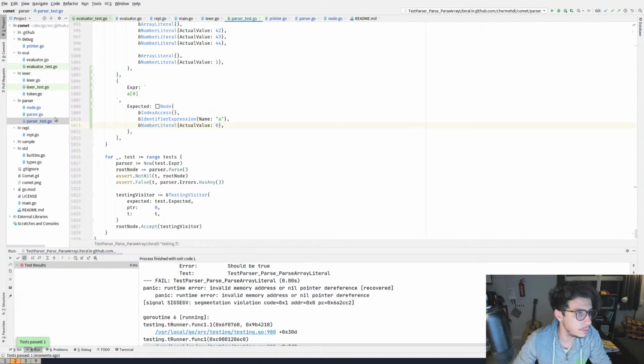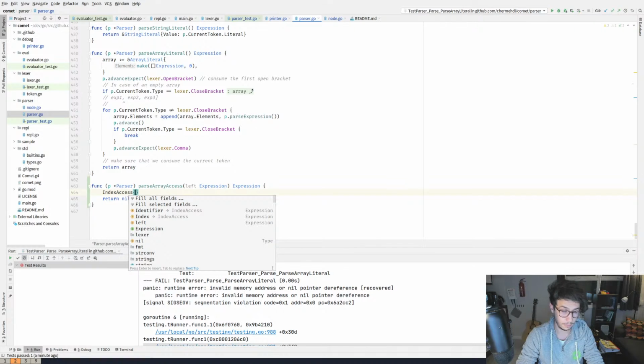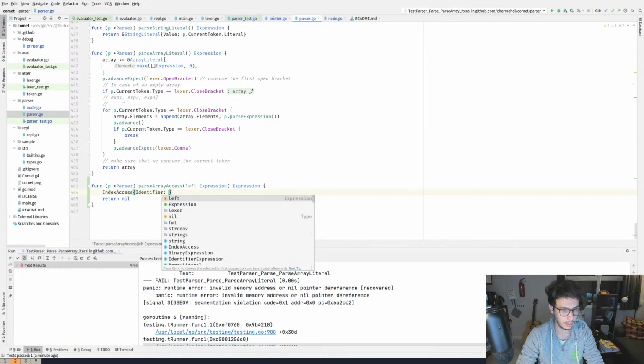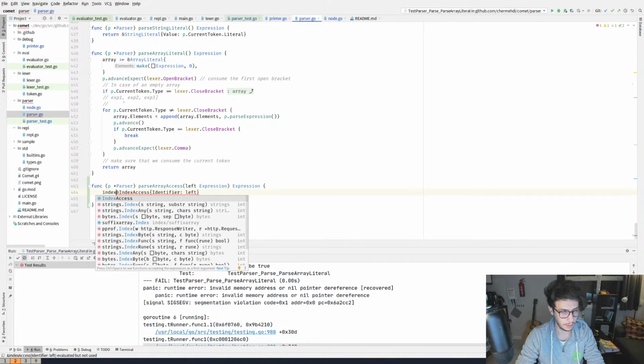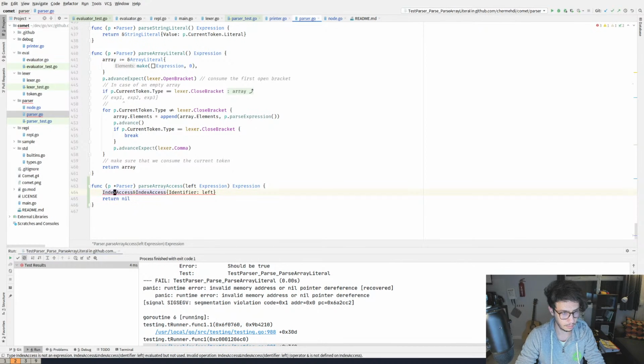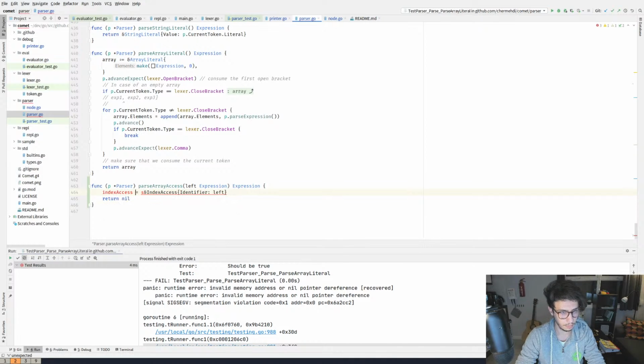All right, so let's go back to the parser. So let's create the index access now. And for the index, for the identifier, it's left index. Right, and we want the parser. So we are at the operator.